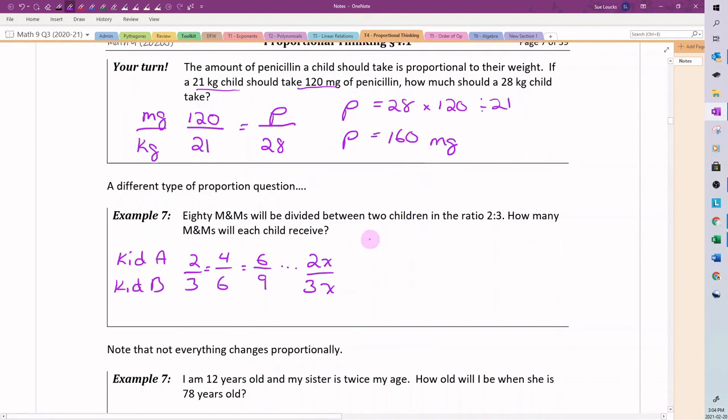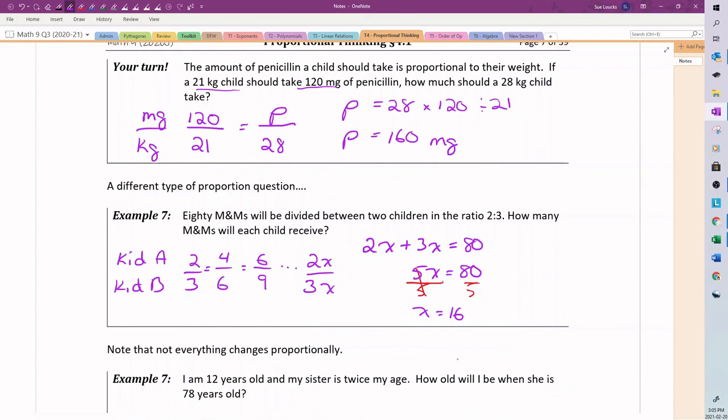And what I know is that the total number of M&Ms, or 2x plus 3x, has to equal 80 M&Ms. Okay, so if I have 2x's here and I have 3x's here, I have 5x's, right? So that equals 80. And then I can use my hotshot algebra skills to divide both sides by 5, and I find that x equals 16. Am I done? No, because that's not how many M&Ms anybody's getting. What it is that kid A is getting